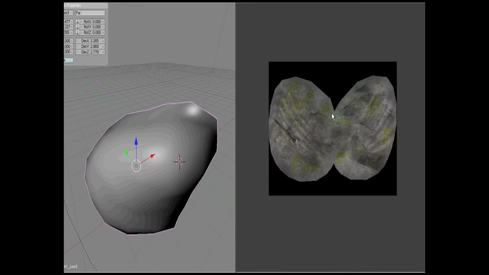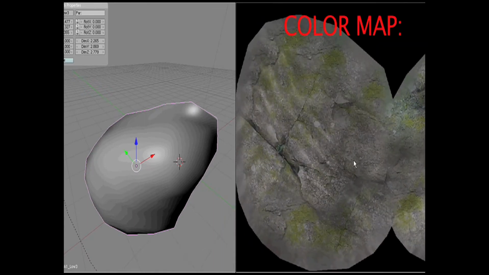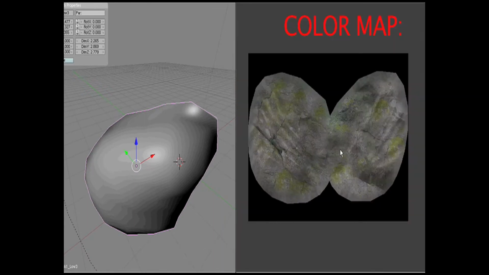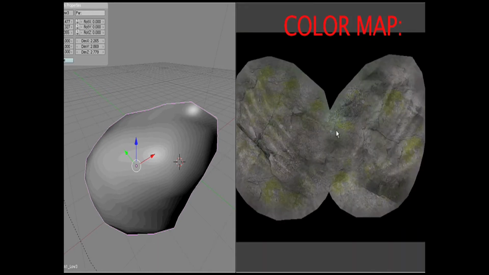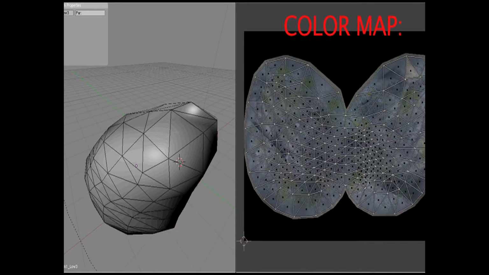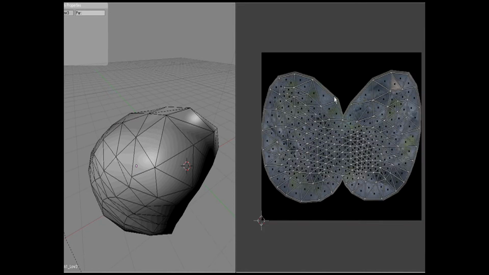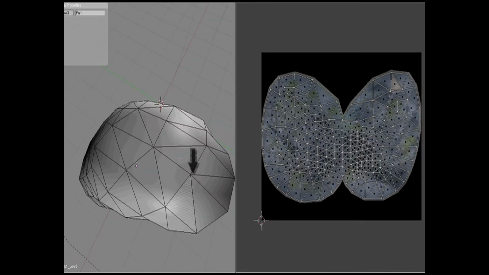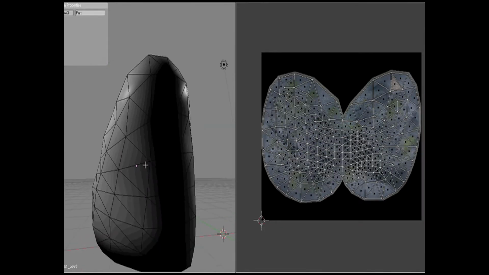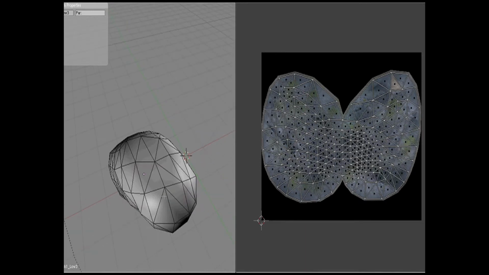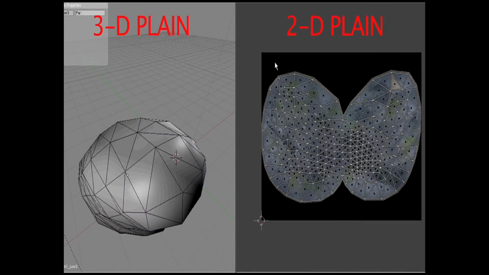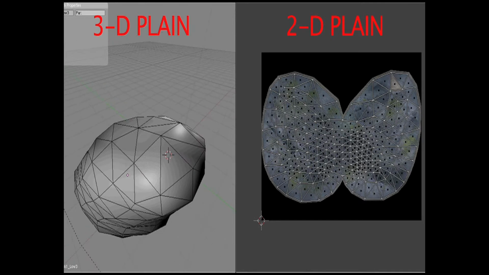So here is the first layer, the color map of this rock. As you can see, it's just the image here. And it is custom fit for this rock. This rock was split down this seam all the way around, and the program figured out how best to lay it flat on a two-dimensional plane so that this texture can be easily mapped to this surface from 2D to